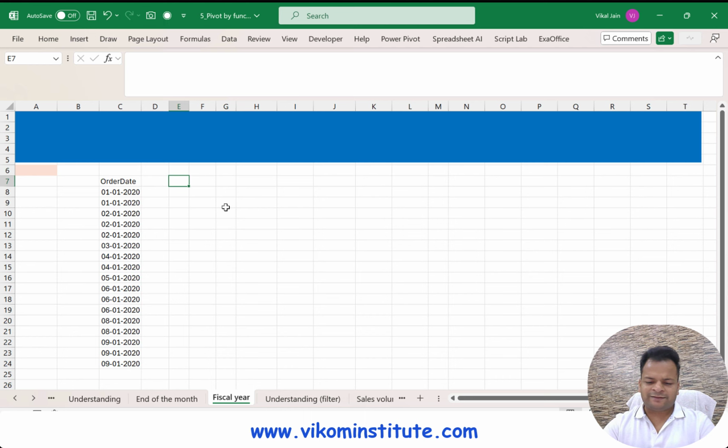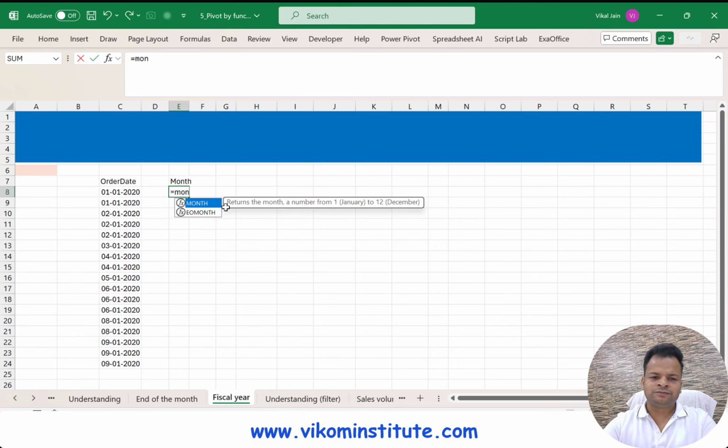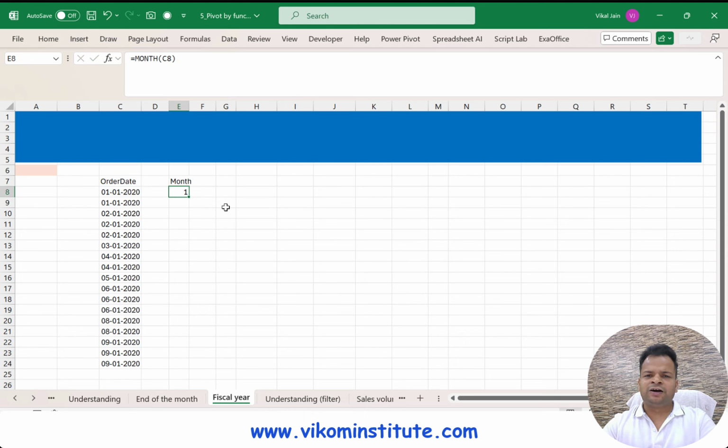So we will extract the month first. Here I'm getting the month, just click here and enter. Now we can use the if function here, or the switch function, any function you can use. If the month is 1, 2 or 3, I will take the same year.